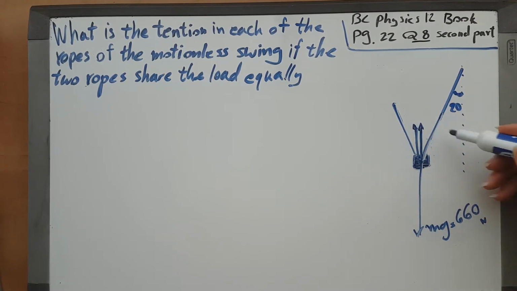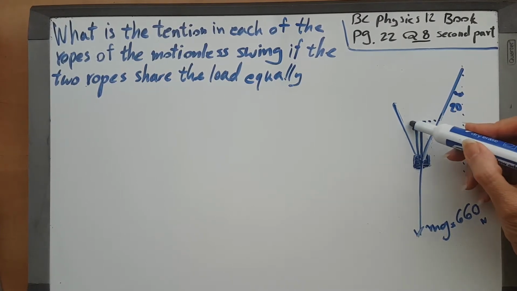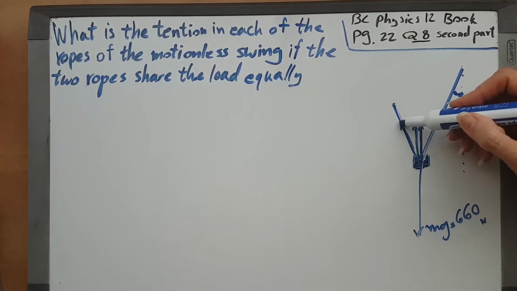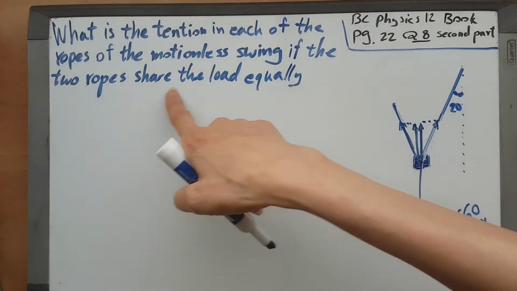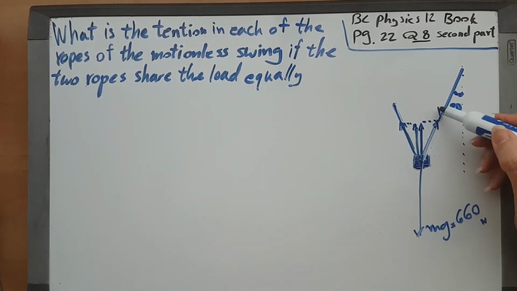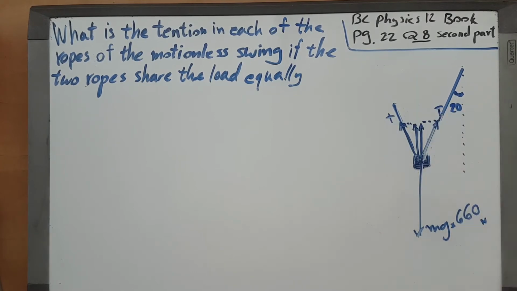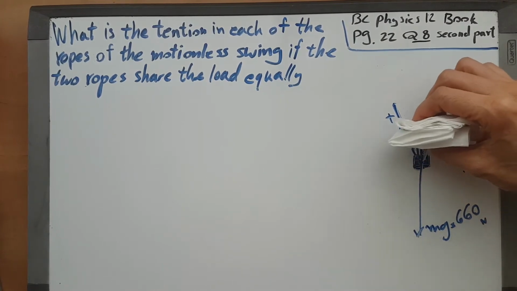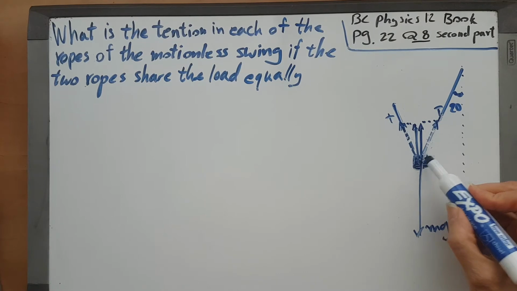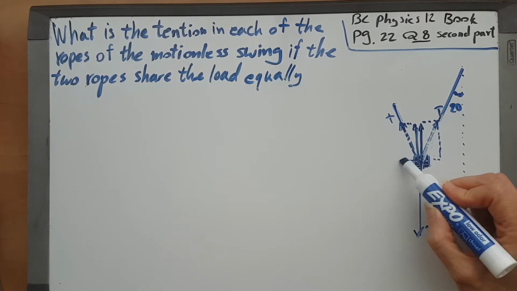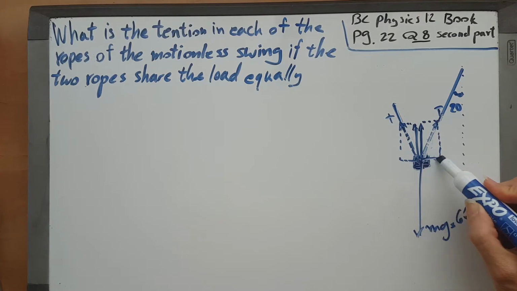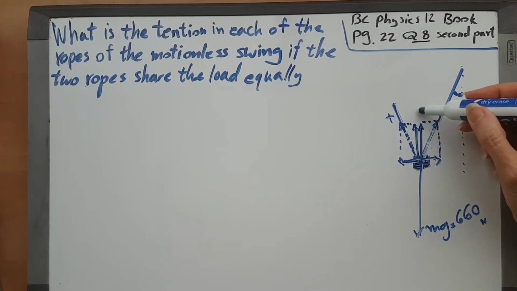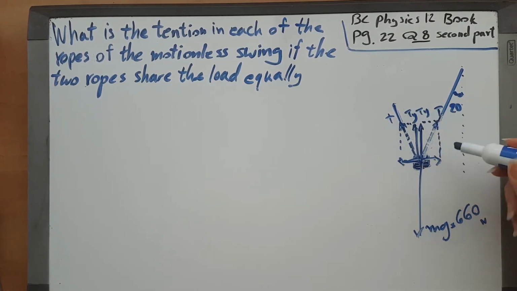you know that the T's are equal in the ropes because the T forces are sharing the load equally, so the T's are equal. And of course, as I said, they would be dotted because I'm gonna put the components of them instead. So these are the T's, this is the Ty, of course two of them, and the